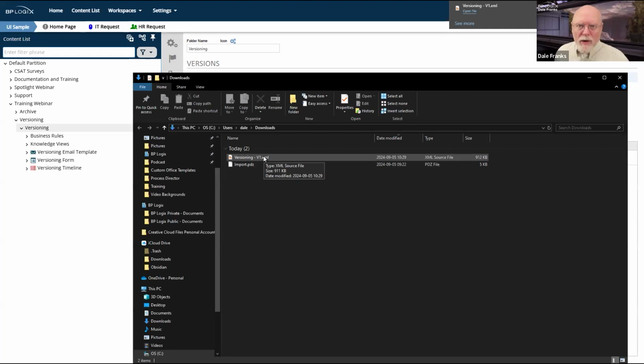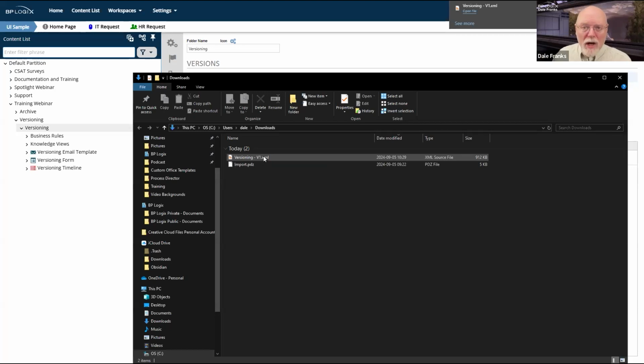Process Director is database based. And so XML is a great language for specifying the actual data structure of the form. The form is not a physical object, right? The form is really just a database object. There is some XML or some HTML that gets saved in the online form designer.